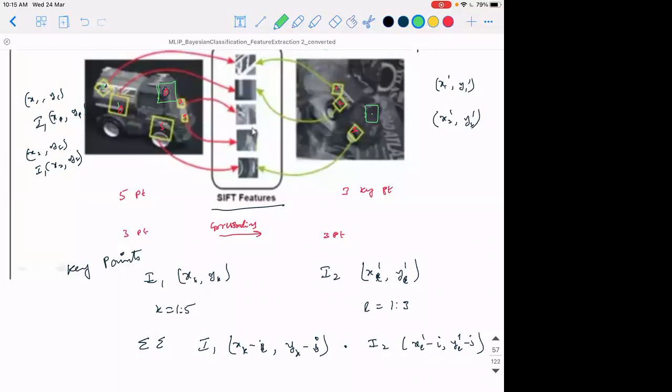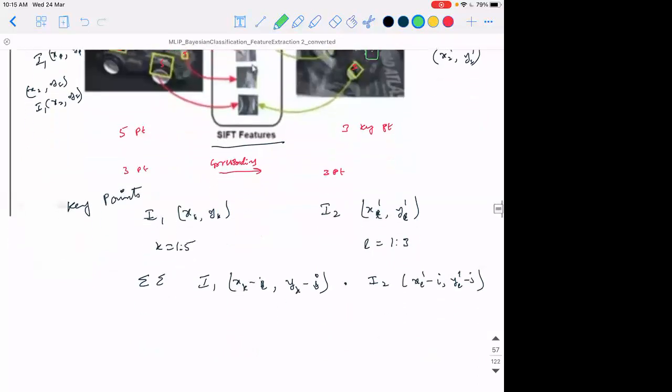Okay, if there is no scaling or other variations, we can use the same dimension. So let this be d cross d, and this is also d cross d. Now to find out the correlation, what should I do? I have to correlate between this patch and this patch. Fine. How do I do that mathematically?